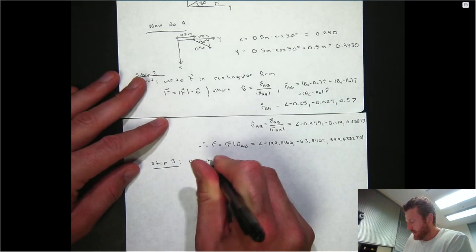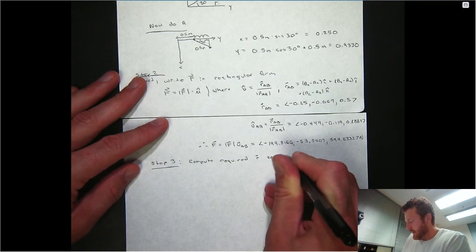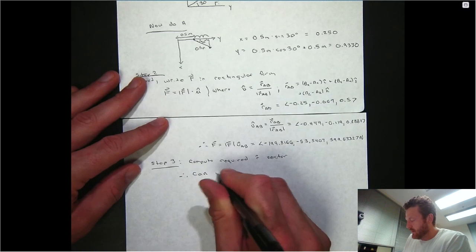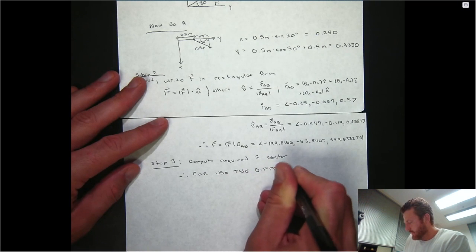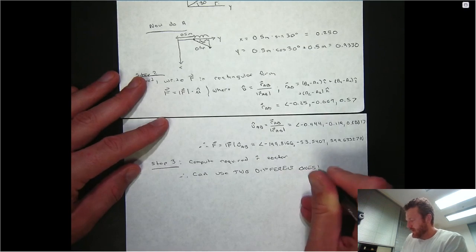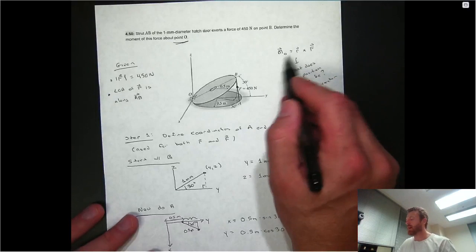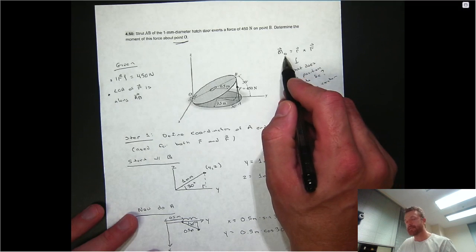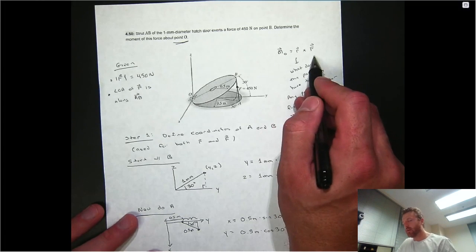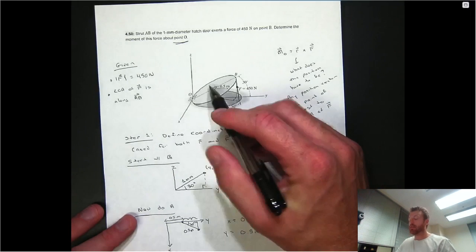compute the required R vector. The key point I want to emphasize is you can use 2 different ones here. Remember, why can you use 2 different ones? The definition for the moment of a force about a point is the cross product of a position vector and a force, where that position vector has to start at the point of interest, but it can go anywhere along the line of action of that force. Since we know 2 points along the line of action, we can compute the position vector from O to A or from O to B. And in either case,